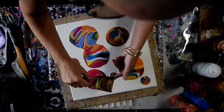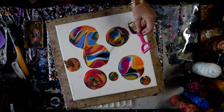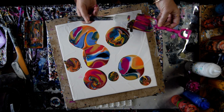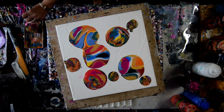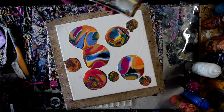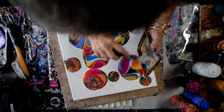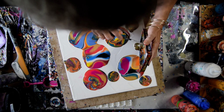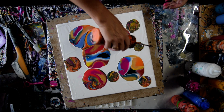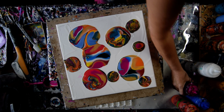Just putting them in sort of random spots, hoping that I'm just using the right colors. Even now that I've mixed them together quite nicely, I kind of want to scrape the colors out of my dish, but I don't want to make mud either. Might be taking a bit of a risk. I might want to put another color like a little bit of orange right over the top of that. And maybe a little bit of hot orchid color. Alright, so